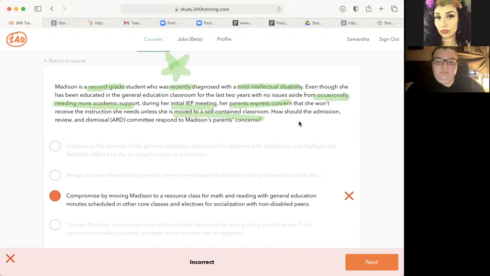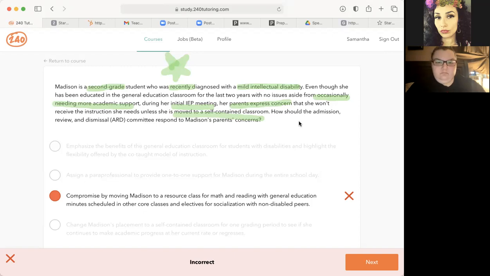And to be honest with you, like I said, for the reasons that I mentioned before, I don't think that's necessarily the case. Although usually these Texas questions are not overtly negative. You understand what I mean? Instead, it's not like telling the parents that they're wrong. It's never going to be an overtly negative one. So let's take a look at the answer choices and see what we have.